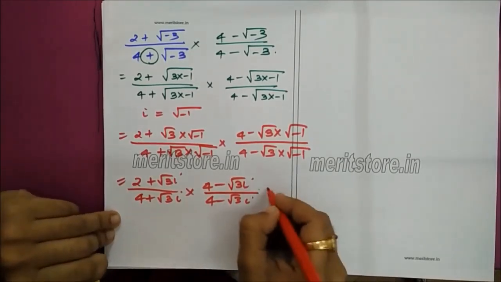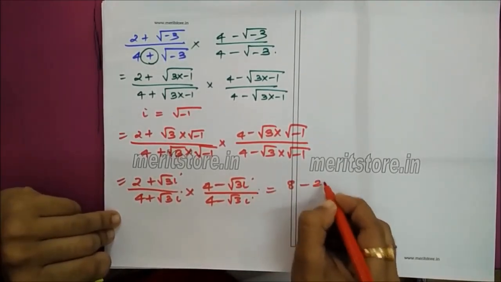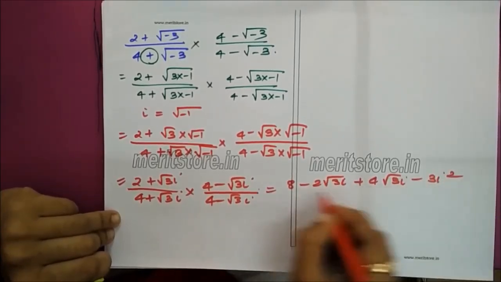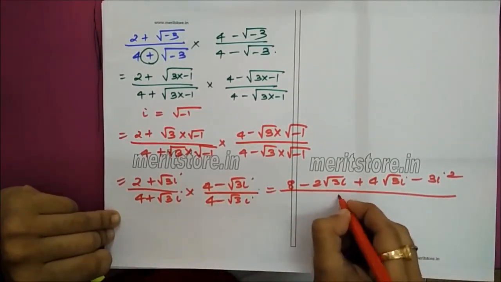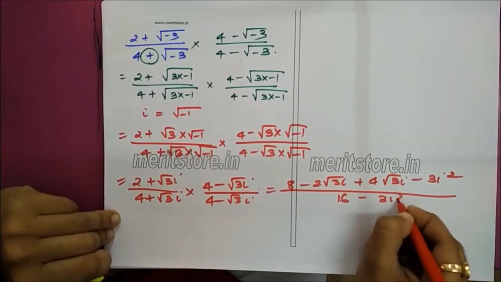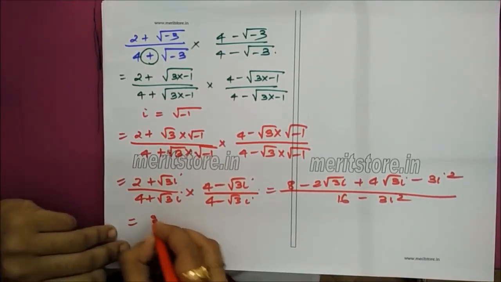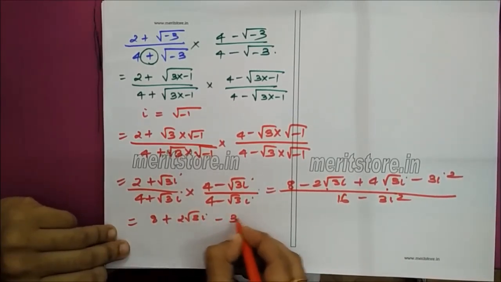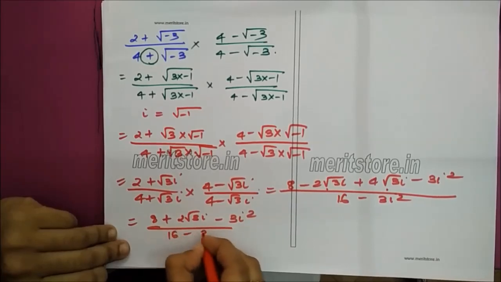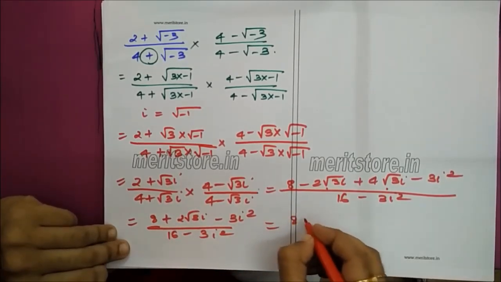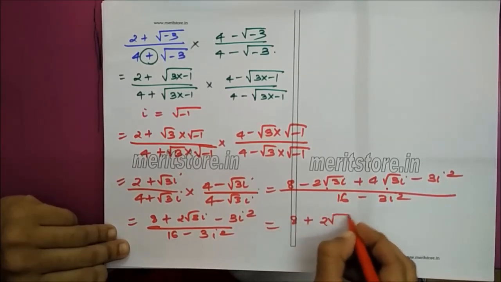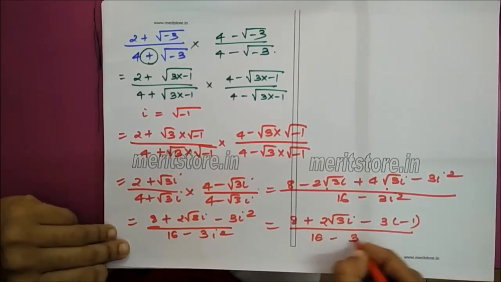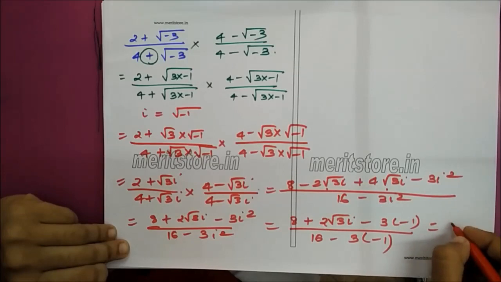Now opening the brackets, here you get 8 minus 2 root 3i plus 4 root 3i minus 3i square upon a plus b, a minus b, 16 minus 3i square, that is 8 plus 2 root 3i minus 3i square upon 16 minus 3i square. So 8 plus 2 root 3i minus 3 into minus 1 upon 16 minus 3 into minus 1, that is 11